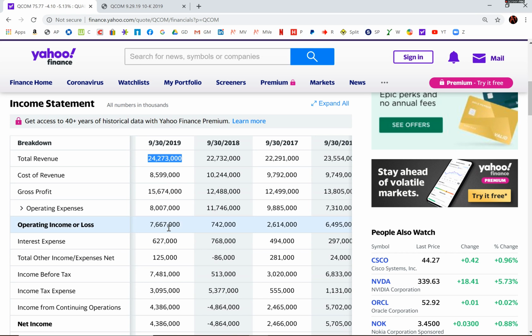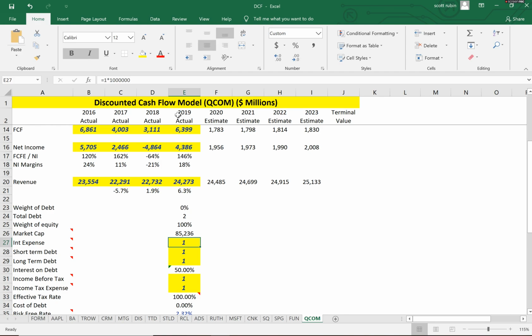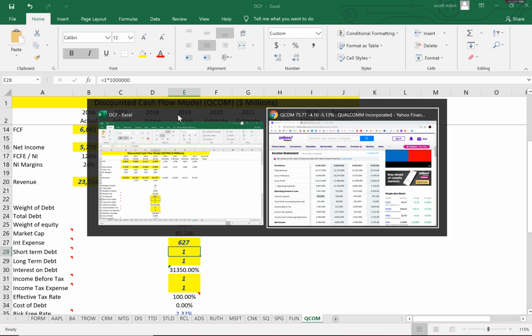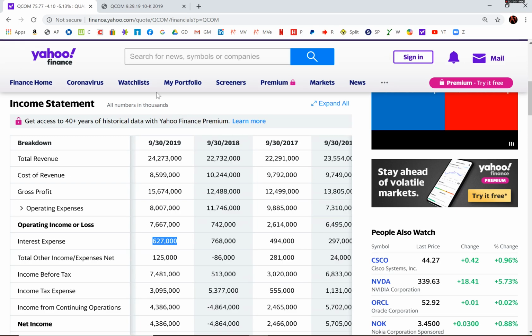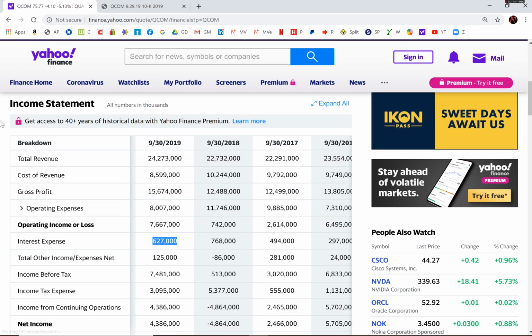So interest expense, because in order to calculate the discounted cash flows, we need to get the weighted average cost of capital. And to do that, we need to see how much debt they have and how much interest they pay on the debt, and see how much equity they have, and to see the cost of that equity. So right now we're just doing debt. So the interest expense is $627 million,